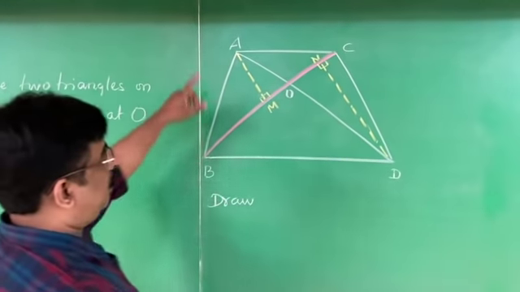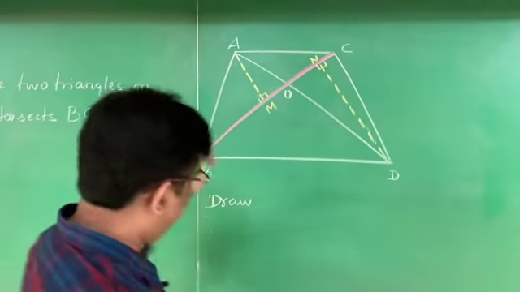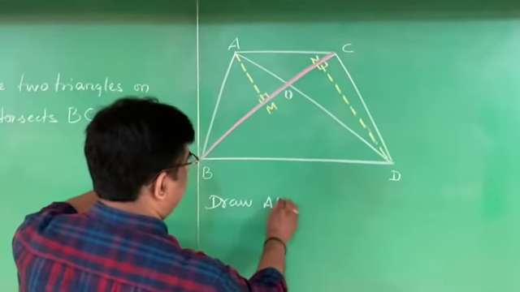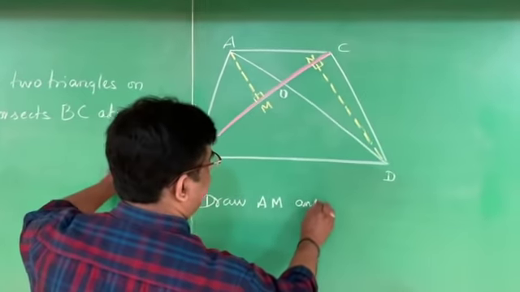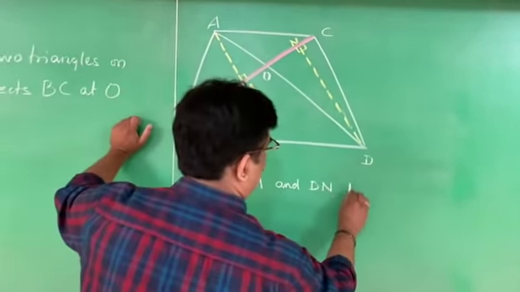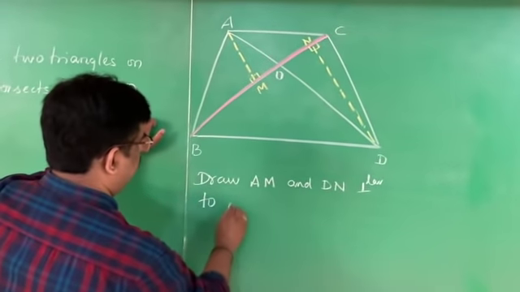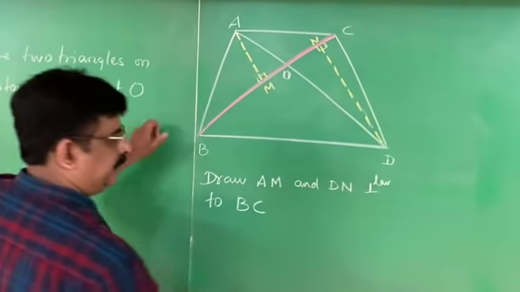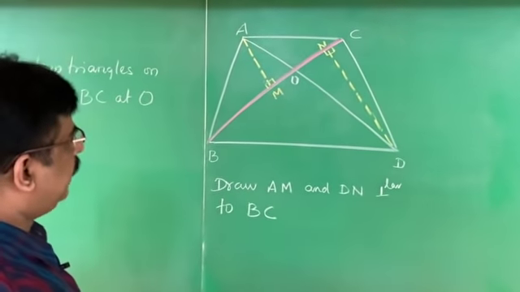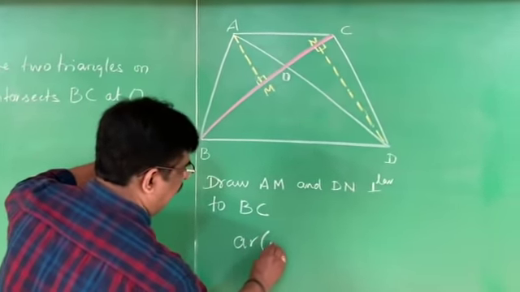Why did I want to draw perpendiculars? Because the area of a triangle is equal to half into base into height. Draw AM and DN perpendicular to BC. Why BC? BC is the base. Therefore, the first part is area of triangle ABC